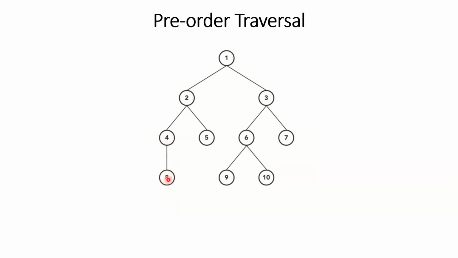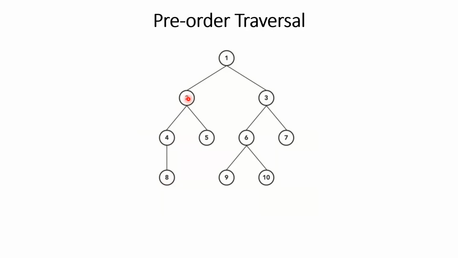So it will take this path, and when it reaches 8, it understood that it is a subtree, or we can tell it is not having any left and right. It is a subtree where 8 is the root, but it does not have any left and right. So what do we have to print? Print the value at the root, which is 8. So we will print 8. Now we will go back to 4. At 4, we have printed root, we have printed left, and we don't have any right for 4. So we will go back to 2.